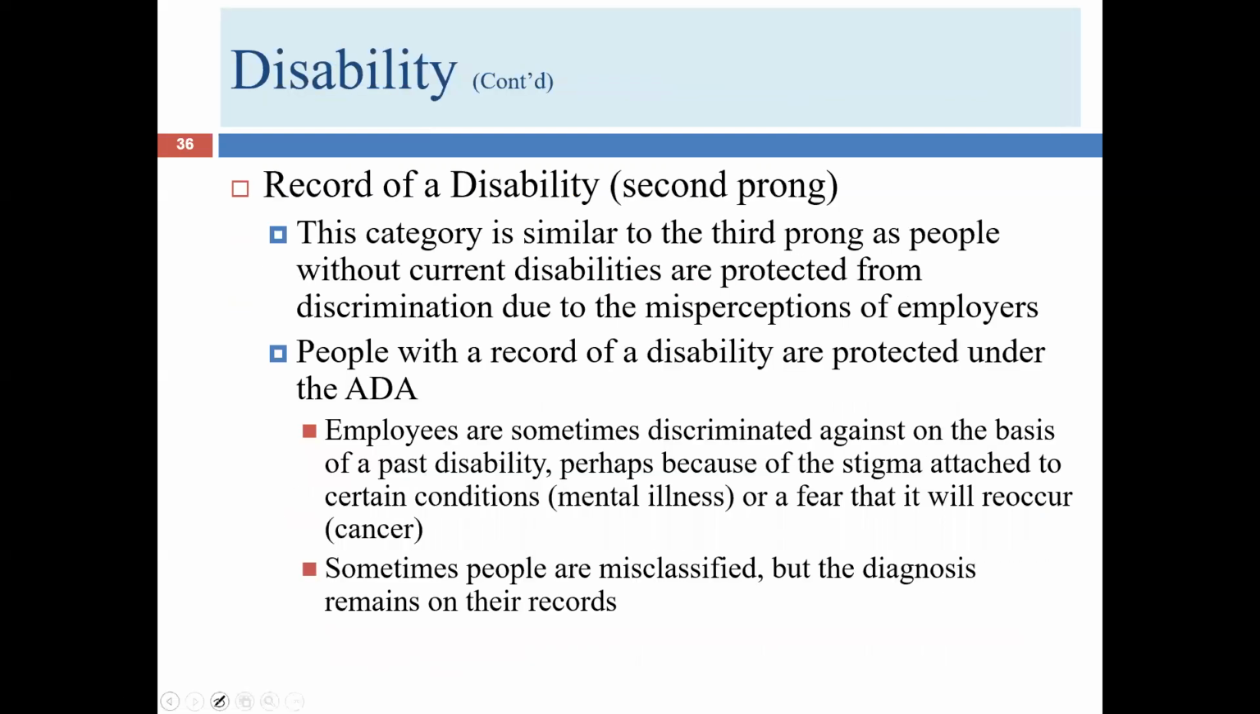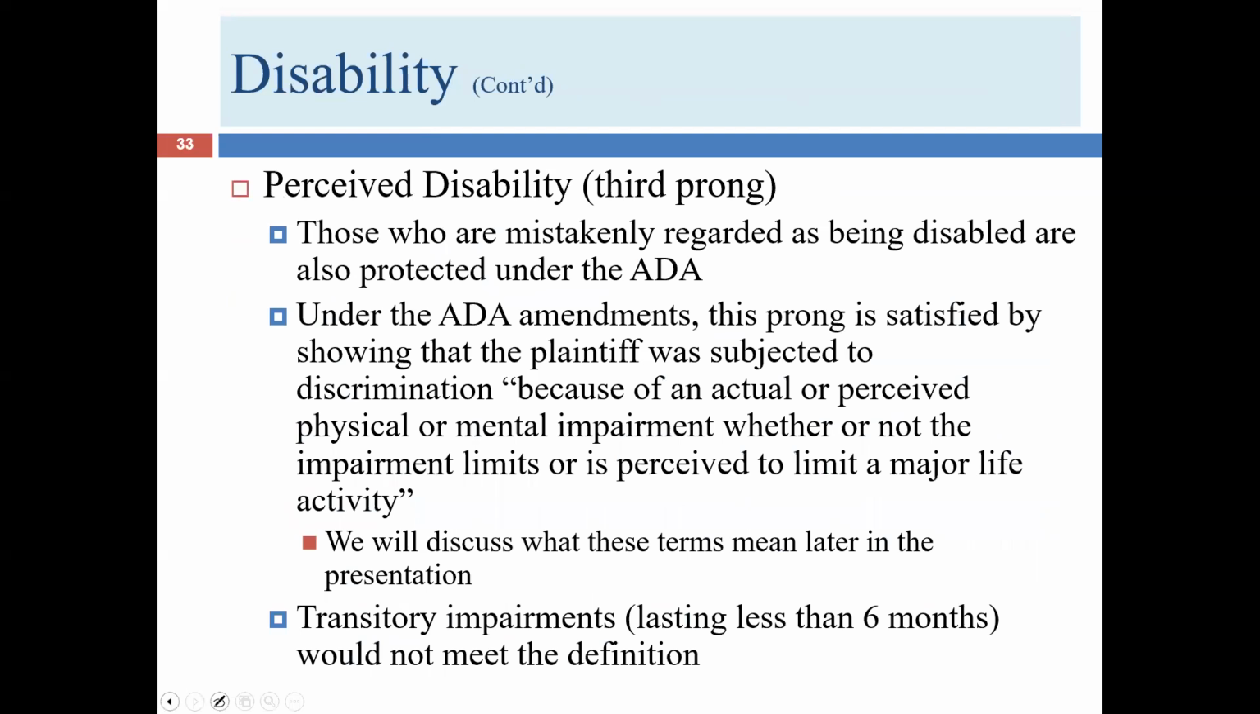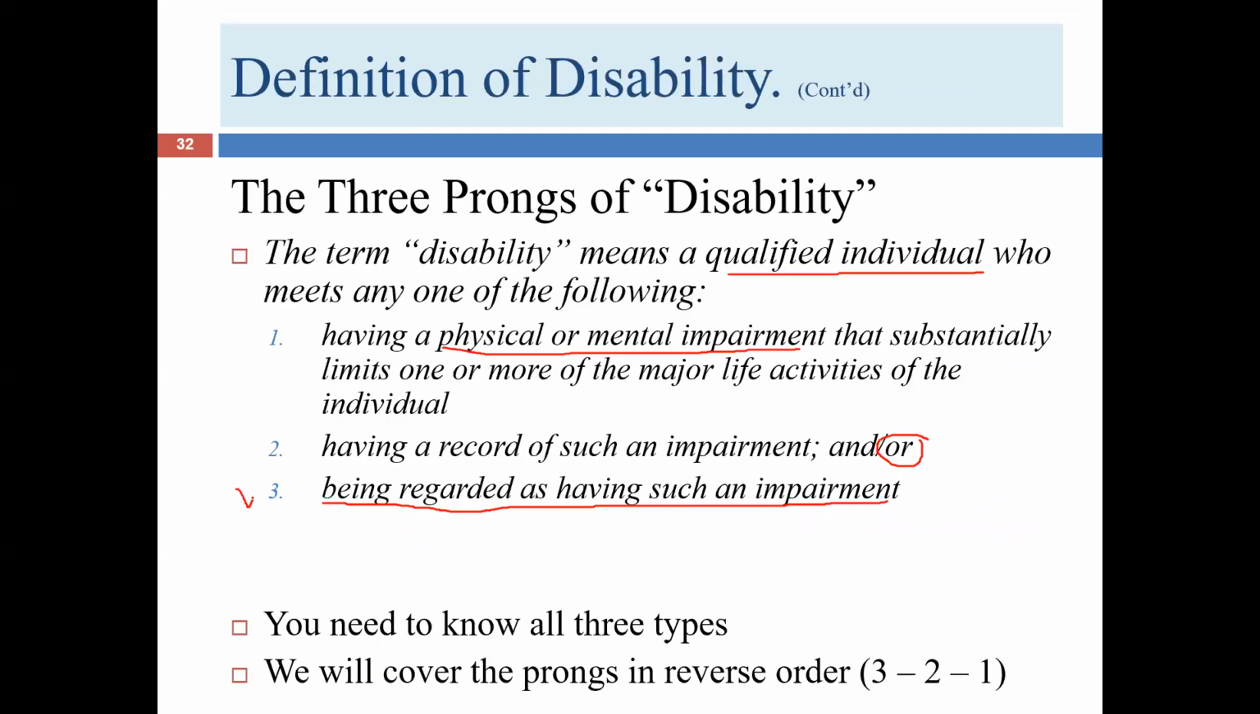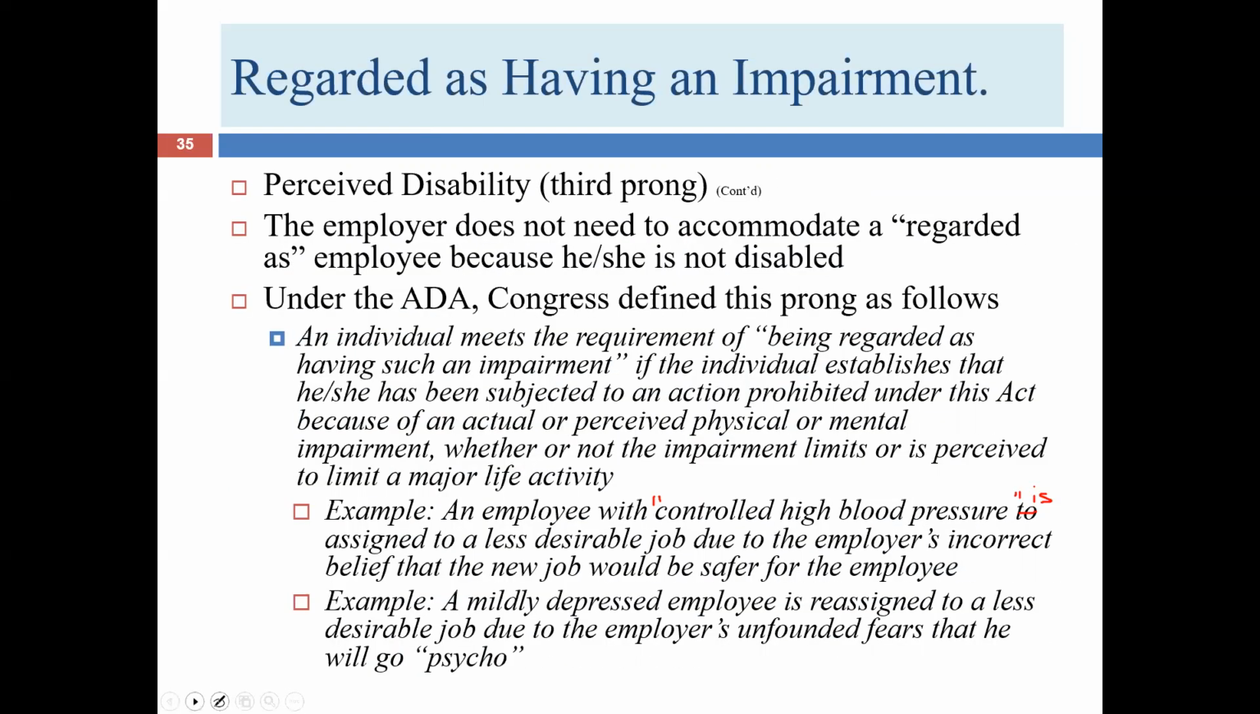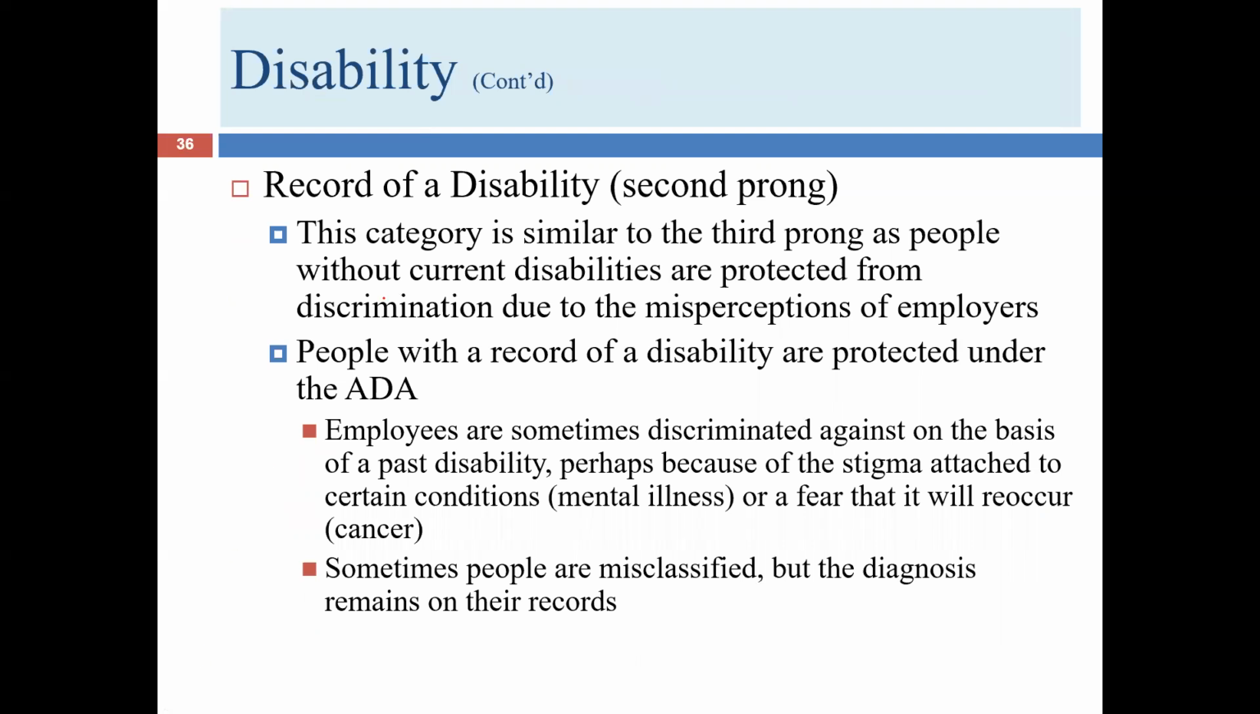Now we're going to look at the second prong. So we've looked at the regarded as prong. Well, see, the second prong is very similar to the third prong. This is having a record of a disability. So people who have a record of a disability, even though they don't currently have a disability, are protected under